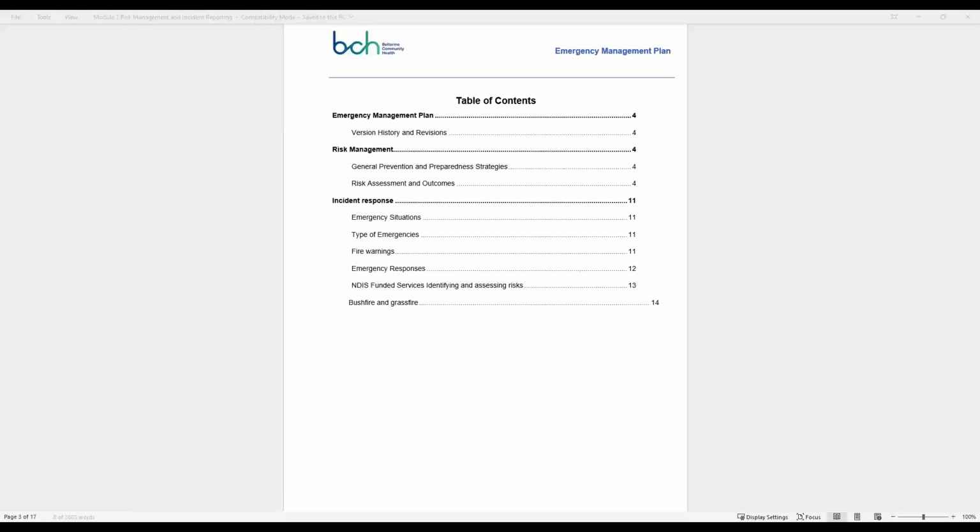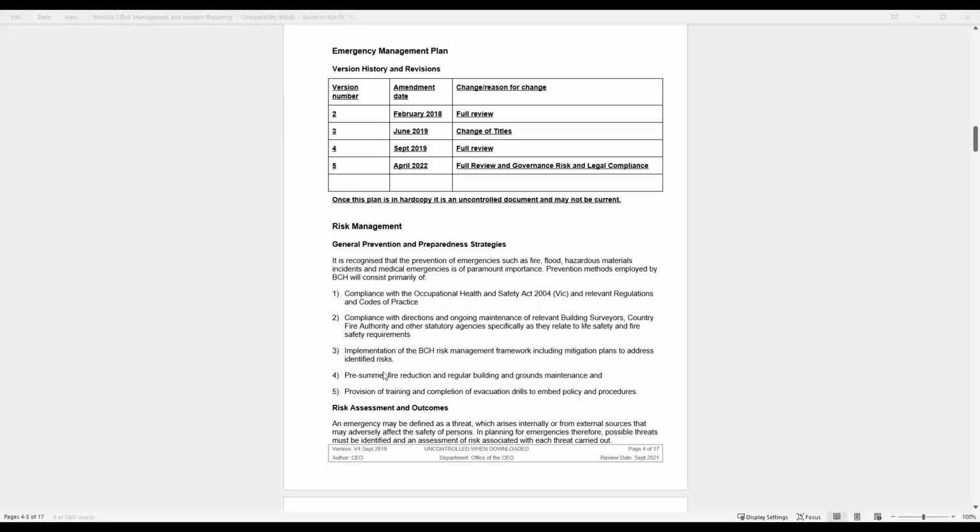Essentially, the general prevention and preparedness strategies recognize that prevention of emergencies such as fire, flood, hazardous materials incidents, and medical emergencies is obviously of paramount importance. Prevention methods employed by BCH will consist of a number of key areas. This includes compliance with OHS health and safety codes and standards, compliance with directions and ongoing maintenance of relevant buildings,